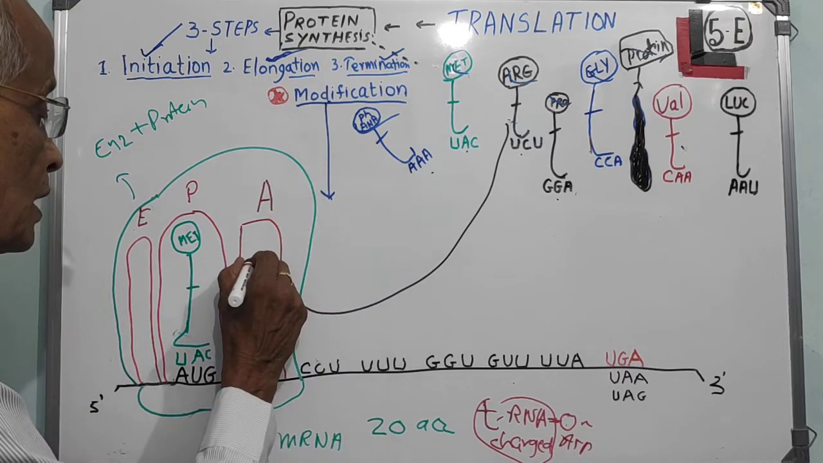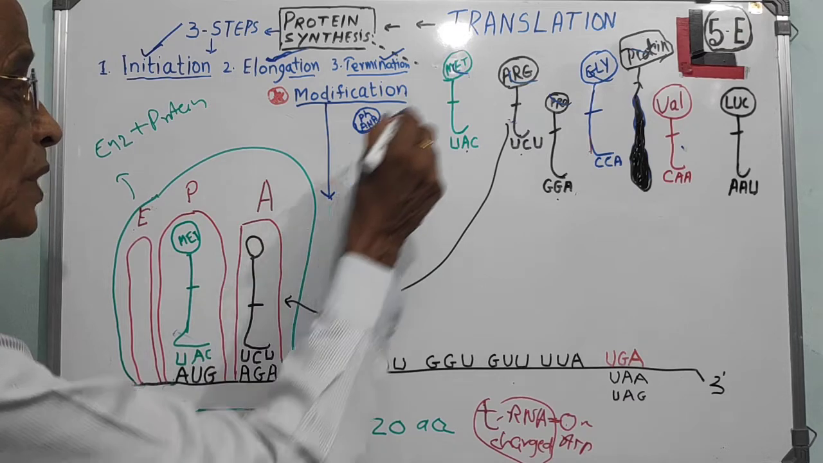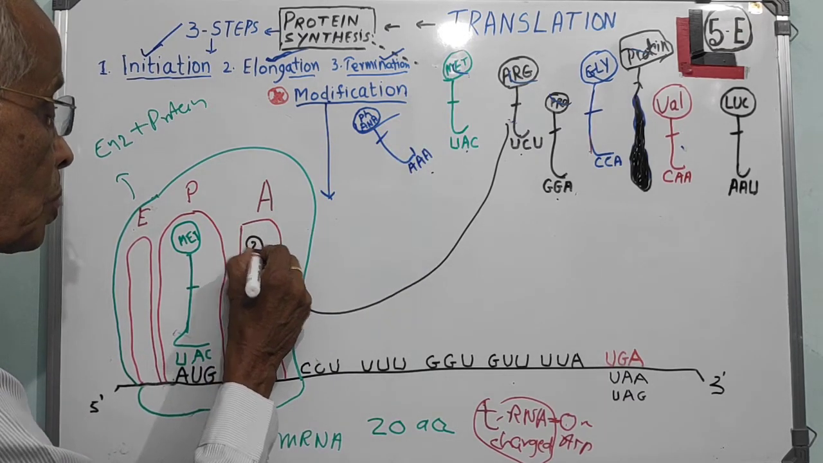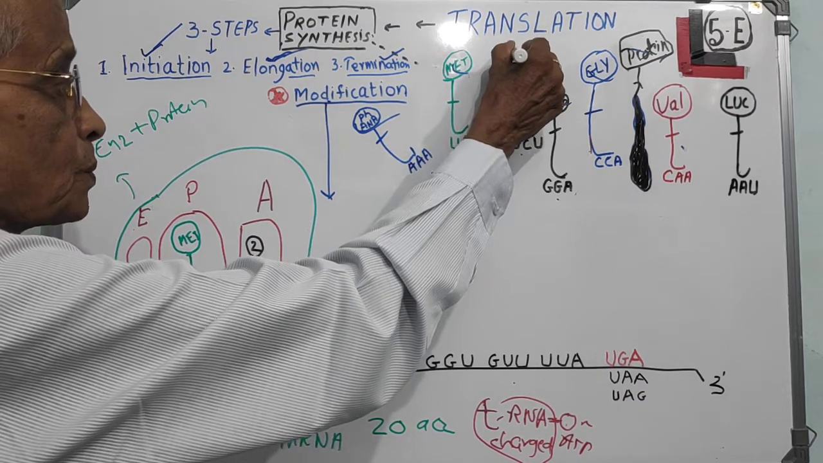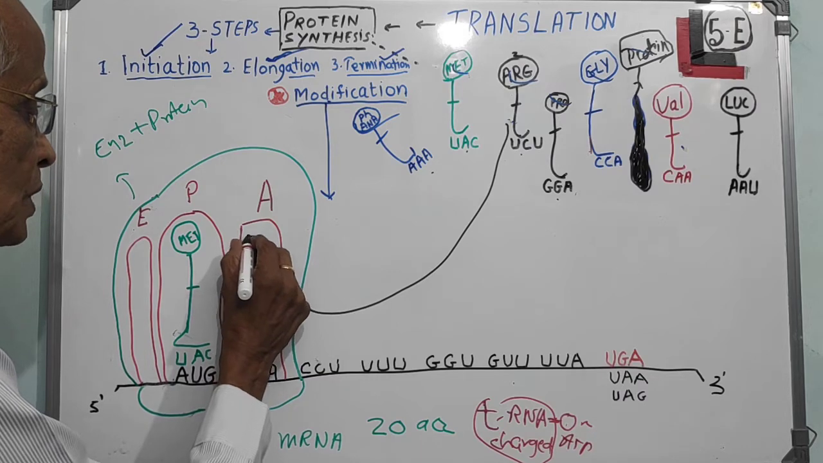On the top of it there will be one amino acid molecule. Of course that we have named as arginine. Let me call it number 2. So this is number 2. It has come and sat here. So once this happens,